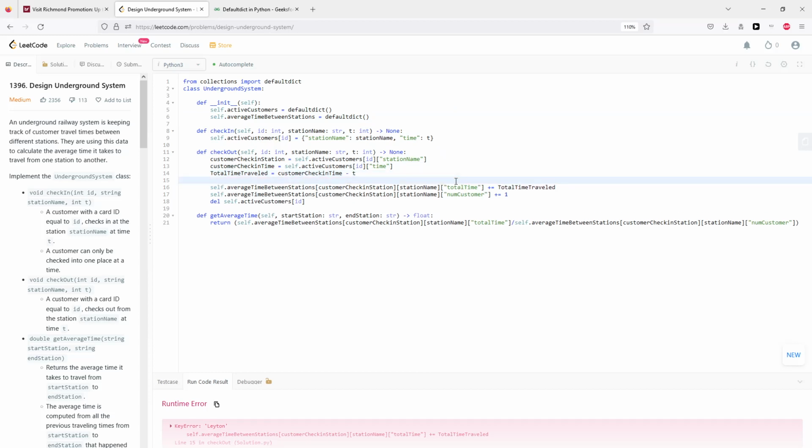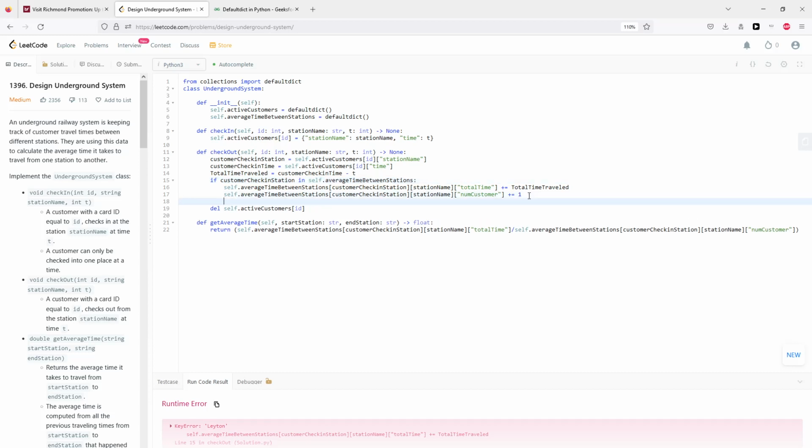So I guess, yeah. During an interview, just do it the lazy way. If you can't do it the pretty way, if you can't figure out the syntax, sometimes that might take a little bit of time. The idea is that you want to try to get your function to work. So in this case, we're just going to do a bunch of if checks, right? So if customer station in this, in this, right, or else we're going to say